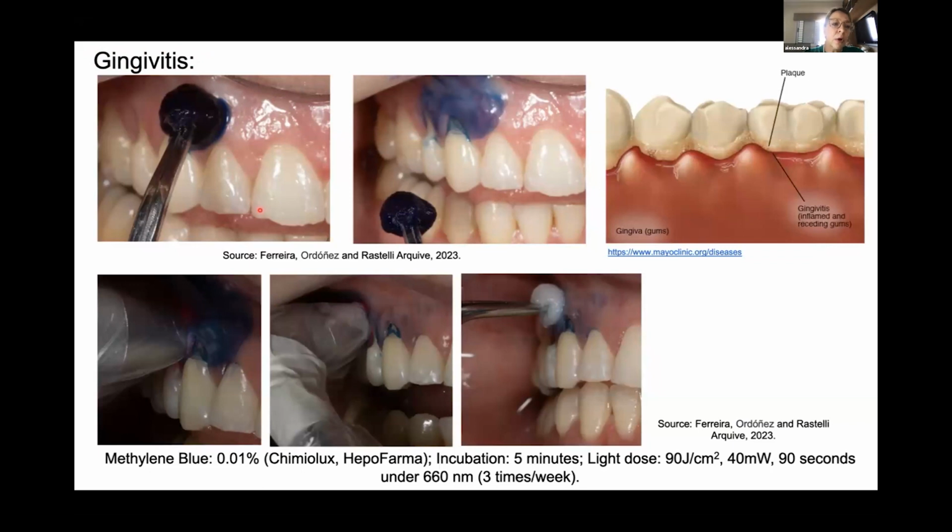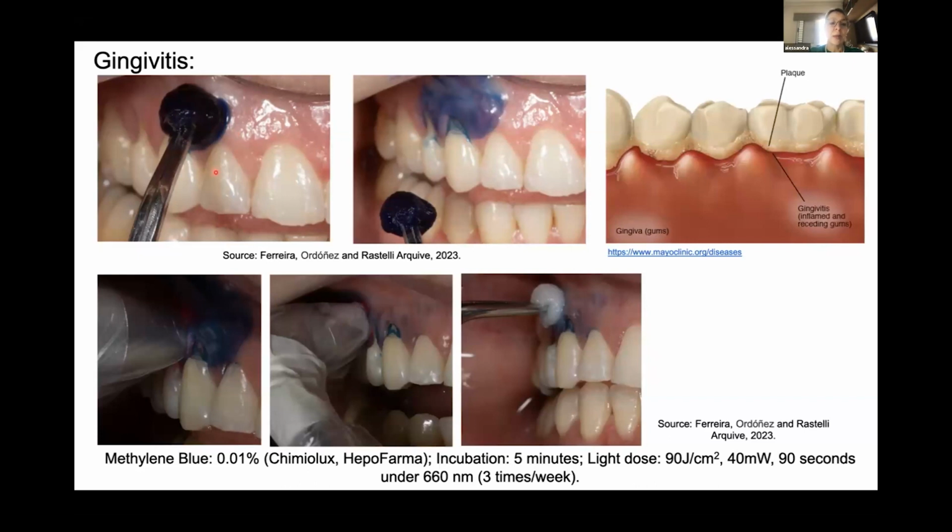And of course, before starting PDT, we needed to mechanically remove the biofilm and the dental calculus, and after that